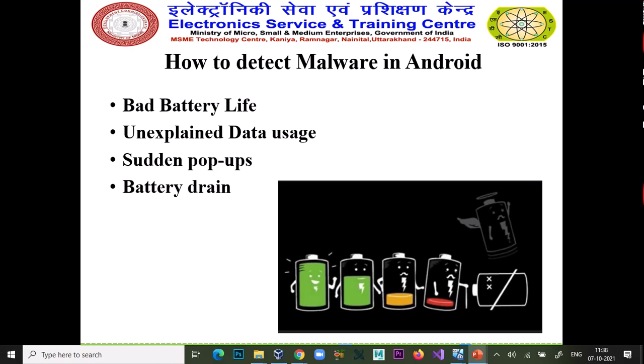When you go into any app, different kinds of pop-ups suddenly come. That is also an alarming sign that you have mistakenly or intentionally installed an app that has malware. So this is the detection process of malware on Android. Battery drain: as I said, if a process is running in the background, your battery becomes poor and drains very soon.